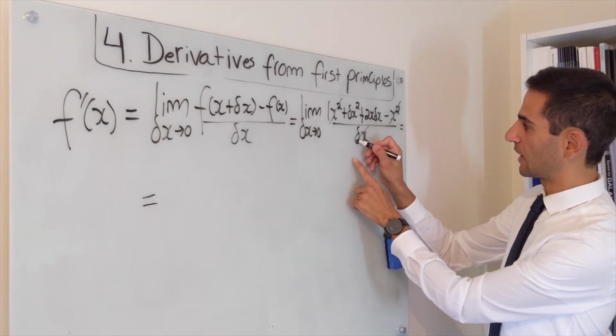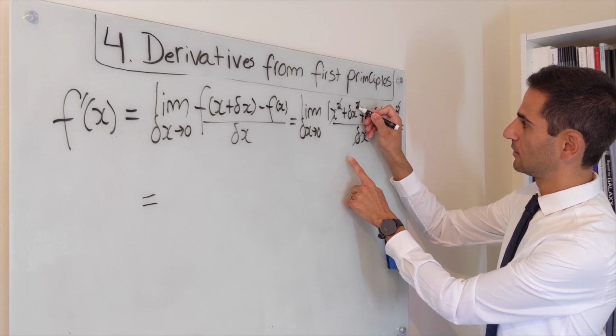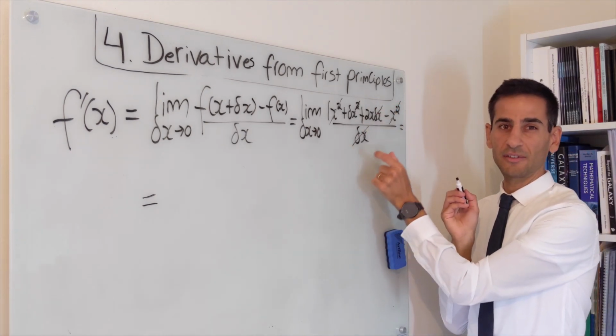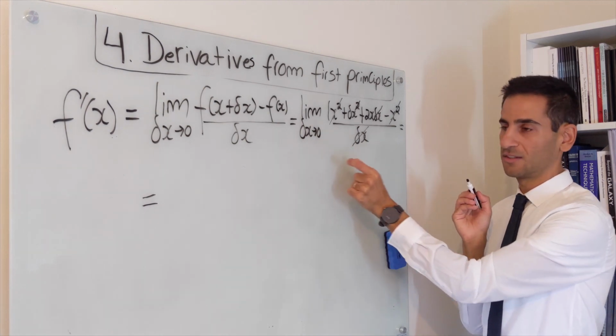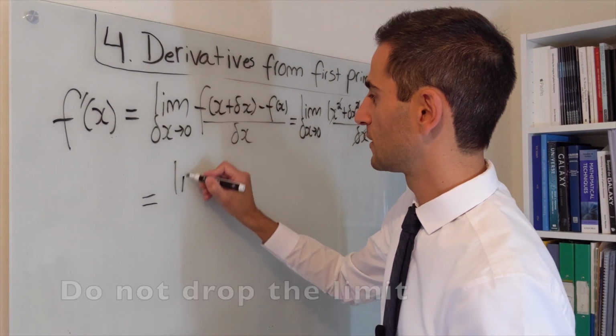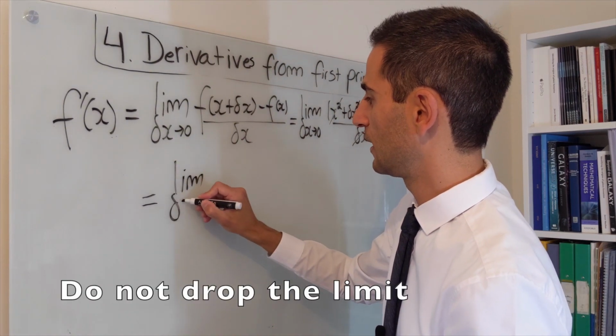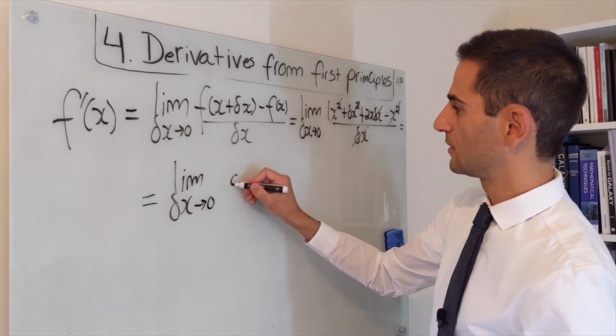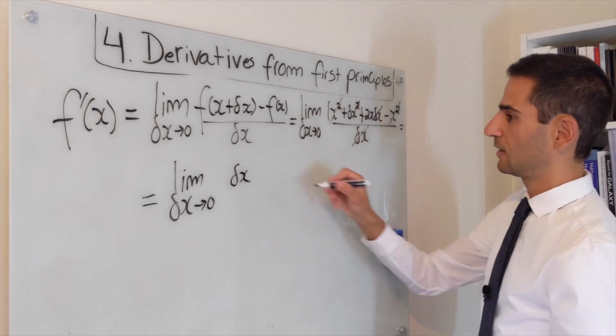You can actually cancel out the dx, and this is of course because dx never really equals 0. It tends to 0, but it's never really equal. So this results in the limit when dx goes to 0 of the leftover terms. So there's a dx here, and there's